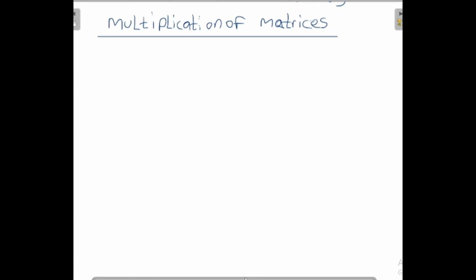Let's look at multiplication of matrices. Now, for example, you have something like this. Multiplication of matrices has just a law: you do row multiplied by column. It's just row multiplied by column. Let's look at number 1 example. If A equals 2, 1, 3, 5,